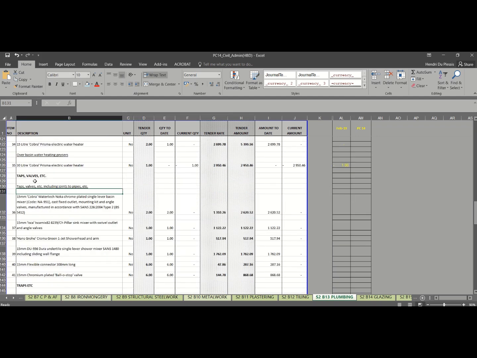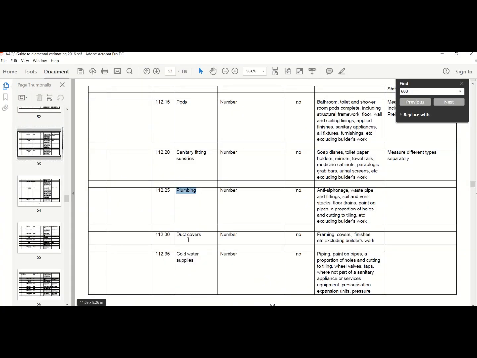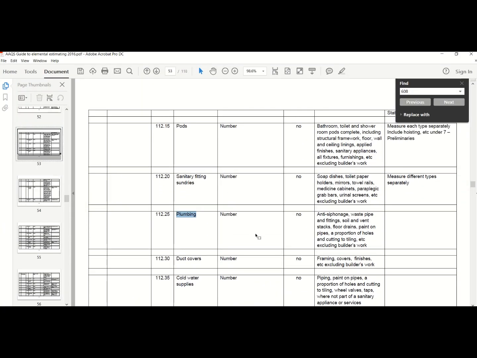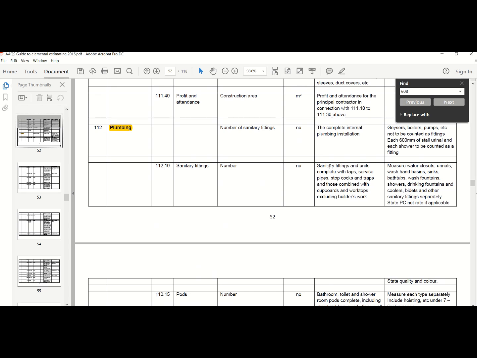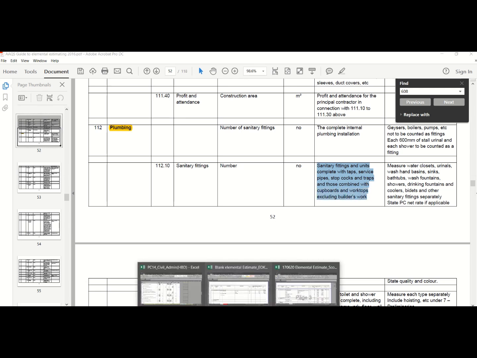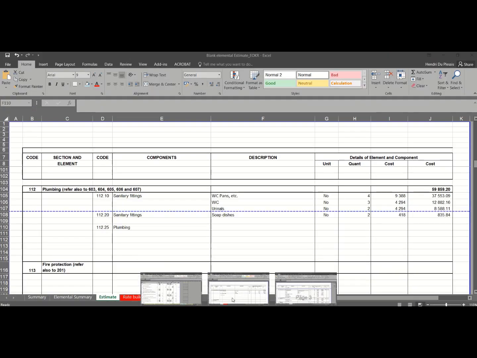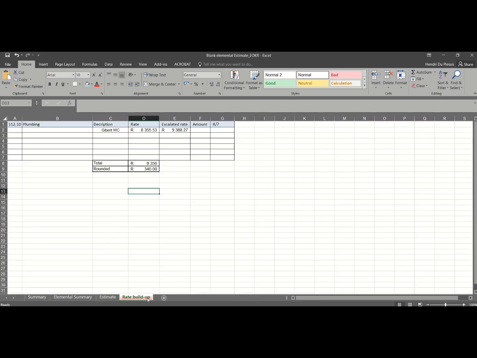Okay, and then we get to taps, valves, etc. This should be included with your hand wash basins, because if you go to your sanitary fittings, you would see sanitary fittings including units complete with taps, services, pipes, stopcocks, etc. So what you would do, for instance, here in your rate build-up would be